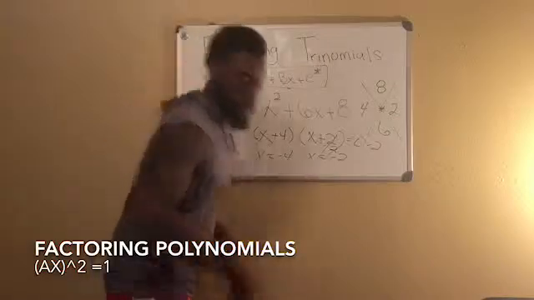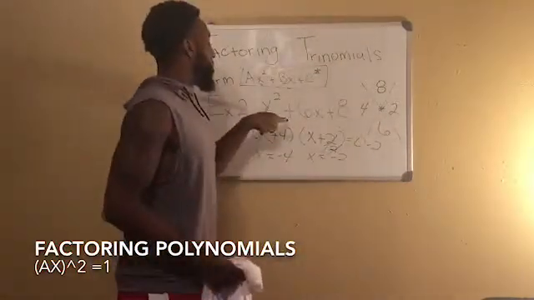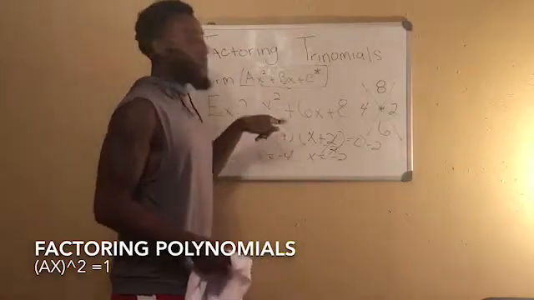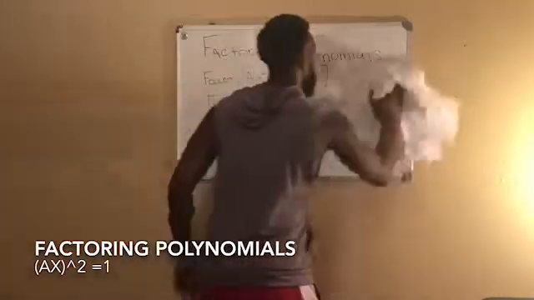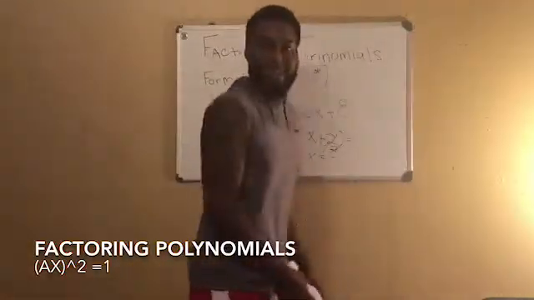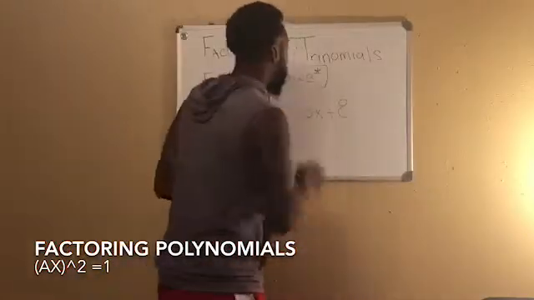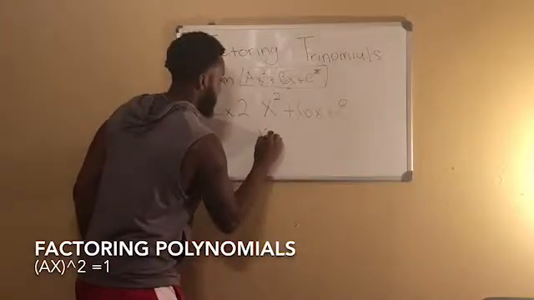So it's not hard. Okay, so let me show you guys how we can check and double check to make sure that this is the right factored form of this equation. It's called the FOIL method. Now we learned a lot today, right? Alright, so the FOIL method, what were our factors? X plus 4,